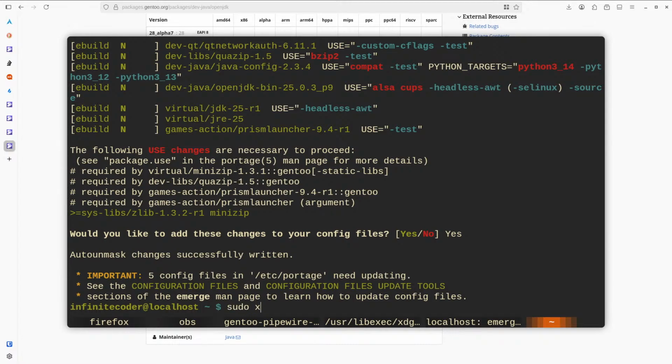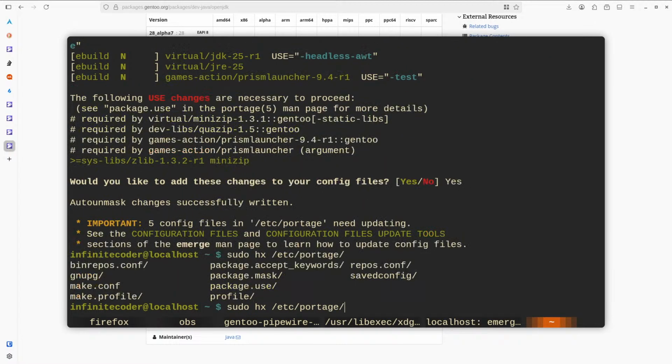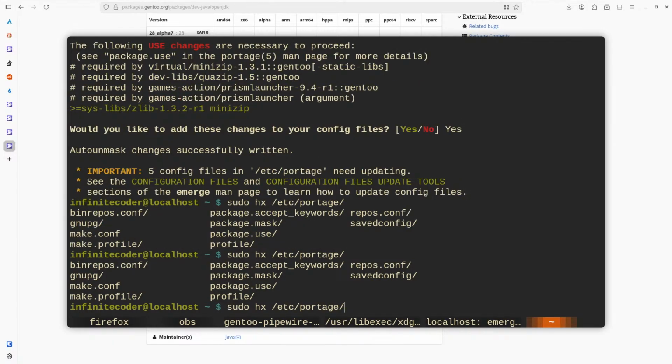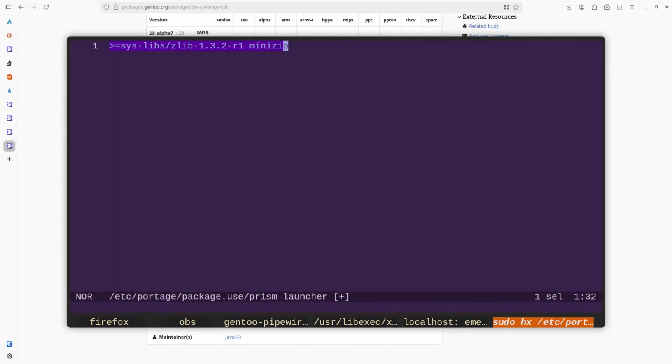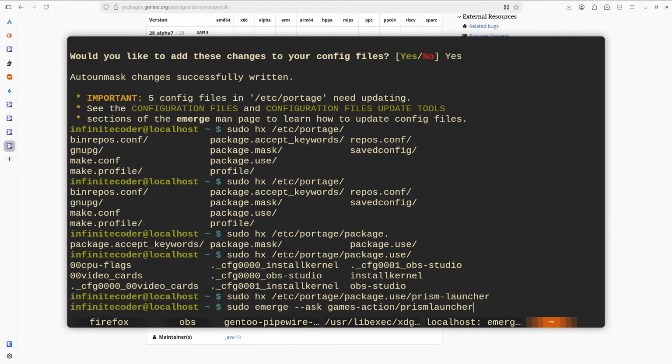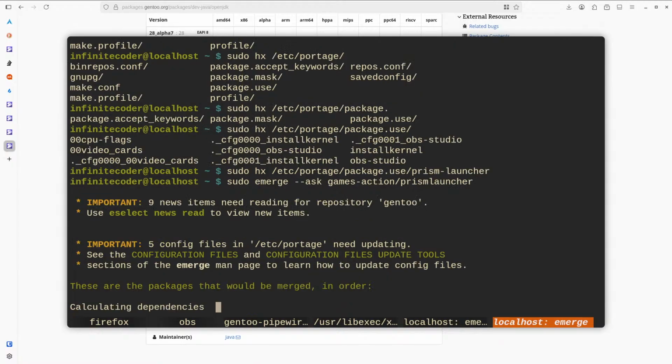I don't trust you, it's Portage. Package use. So let's add Prism Launcher here. Now this is gonna work hopefully.